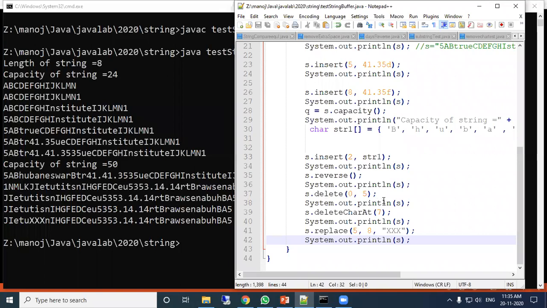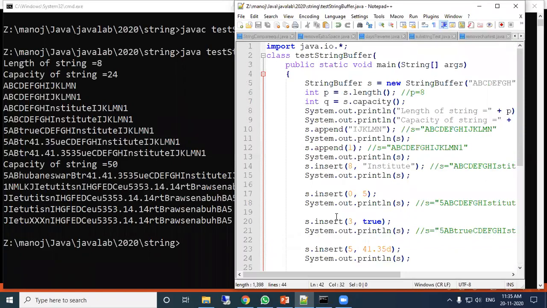So this is the data. Then character at 7, at the 7th position it is deleted. Where is that 7th position? Seventh index position. Okay, so similarly replace at this position. So these are the different methods of the string buffer class.